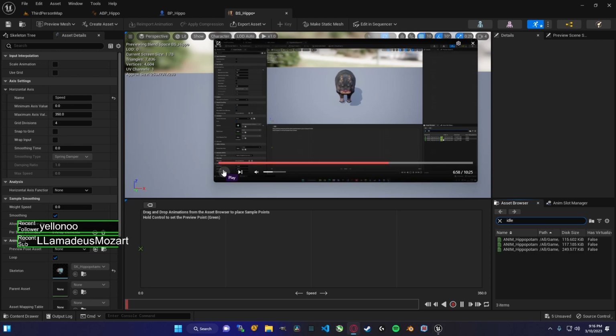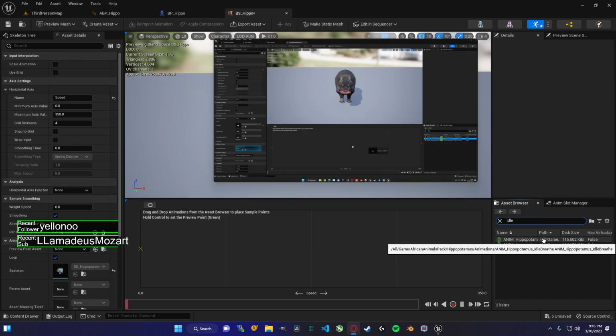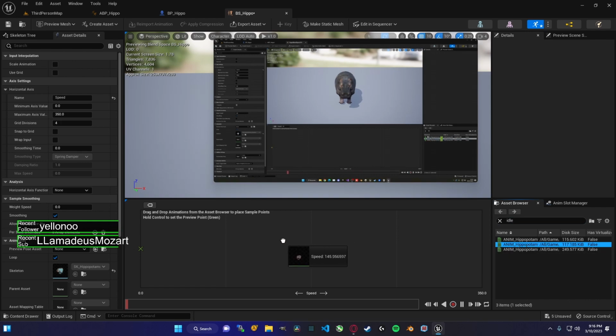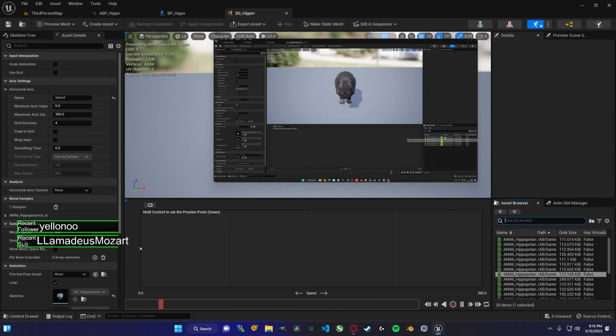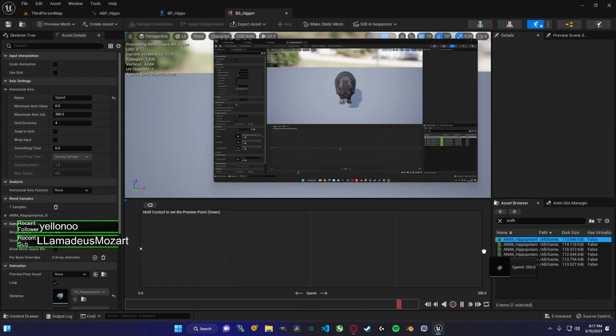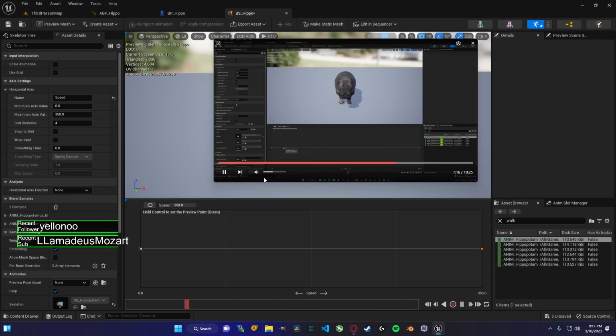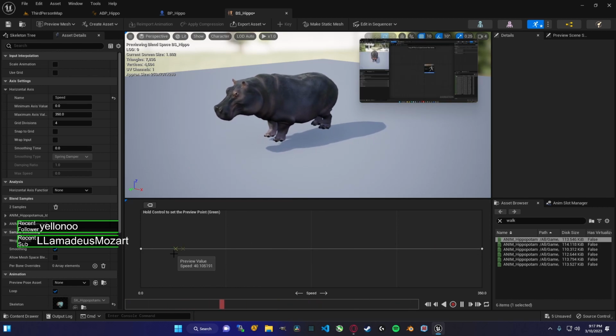I don't really know which one we can use. Chew, breathe. We can use chew, for example, and you put it into the left. And then we can get, I don't know, walk. Okay. We go, and we have for example this one, and you set it into the right. So now if I hold Control and move the arrow, you can see that as the speed increases, it will transition from the idle animation into the walking animation, and it just looks awesome. That's idle. It's very easy to make. That's walking. So now what we can do is search our blend space and just drag it into our